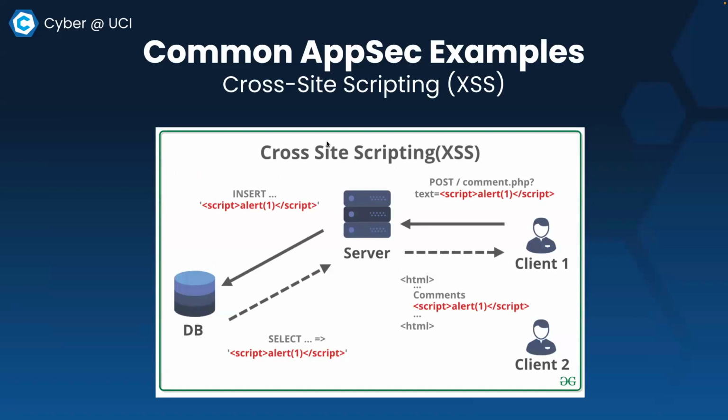Say your website has a comment section or something for your customers or users to have discussions in, say, a forum. And if that form is not properly sanitized or checked for malicious input, say people are trying to run JavaScript script tags in it, they can store that